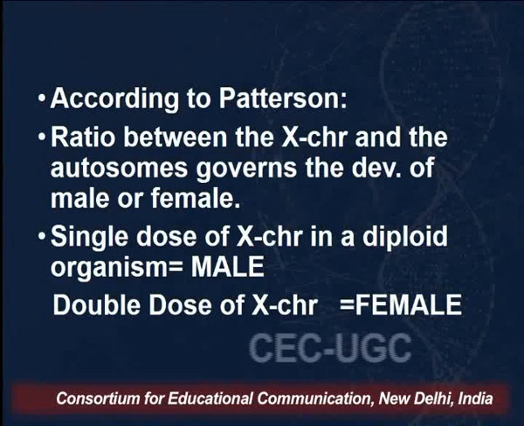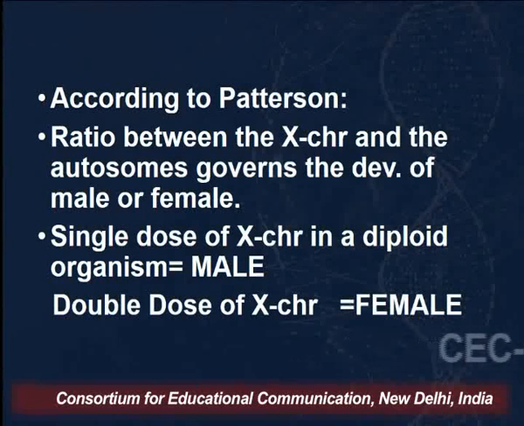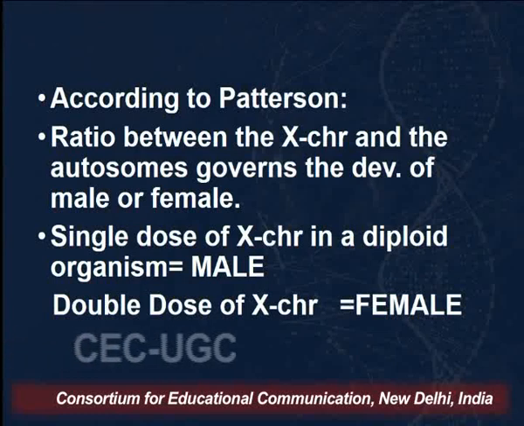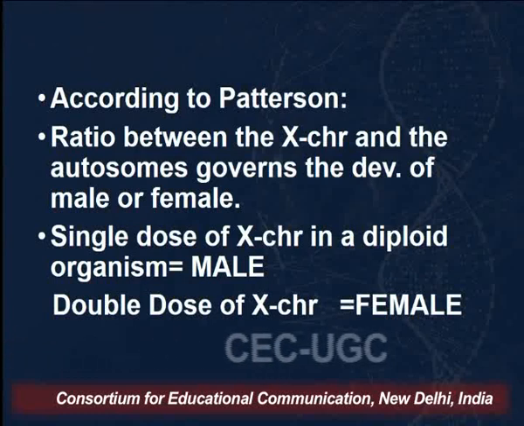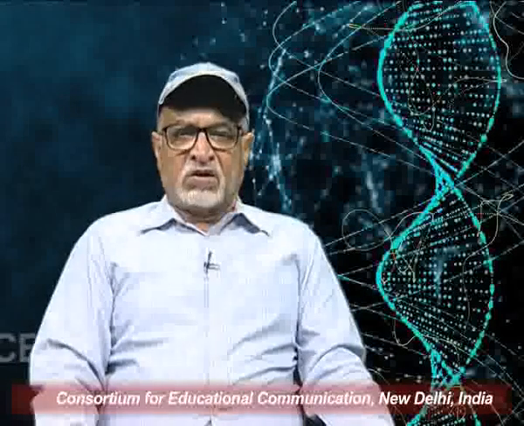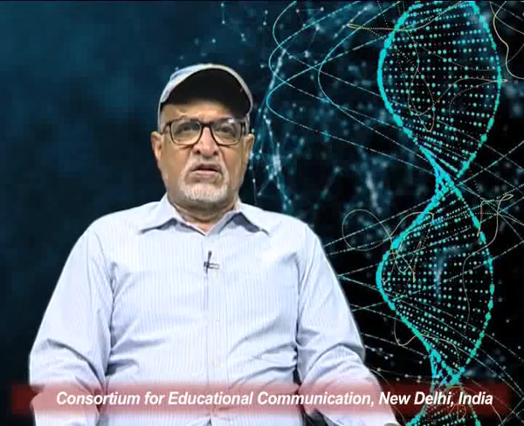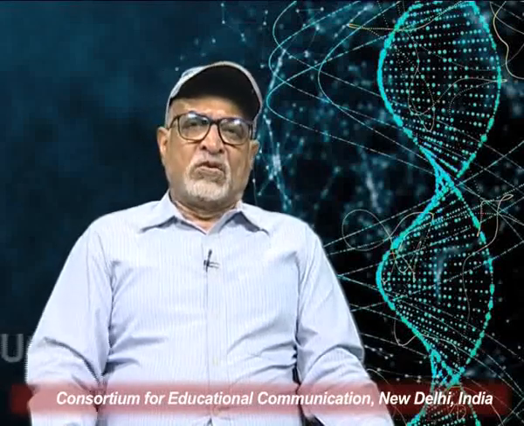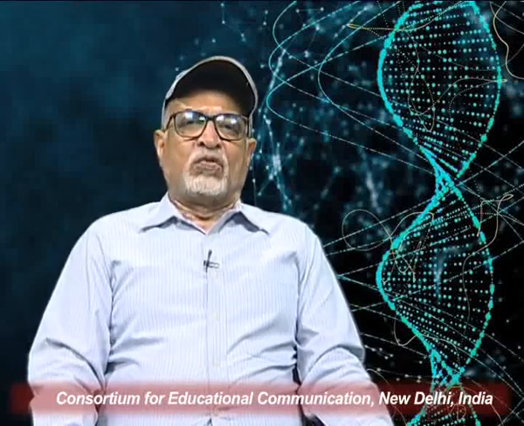He talked something about the dosage. He said that if there is a single dose of X chromosome in a diploid, it would turn a male, and if there was a double dose of the X chromosomes, it would turn into a female. Now these were the initial ideas, but then the actual experimental proof came through the famous work of Calvin Blackman